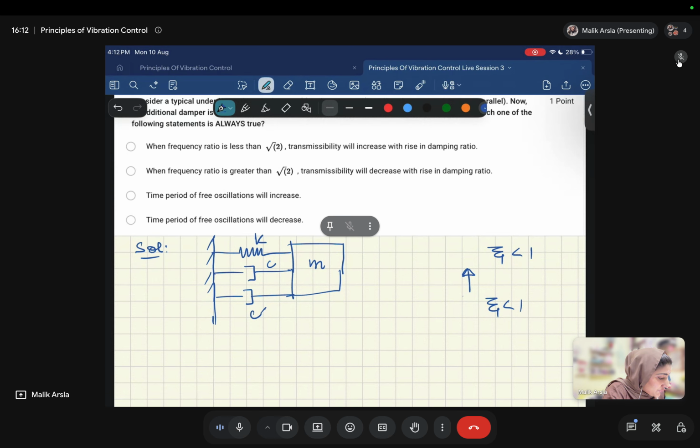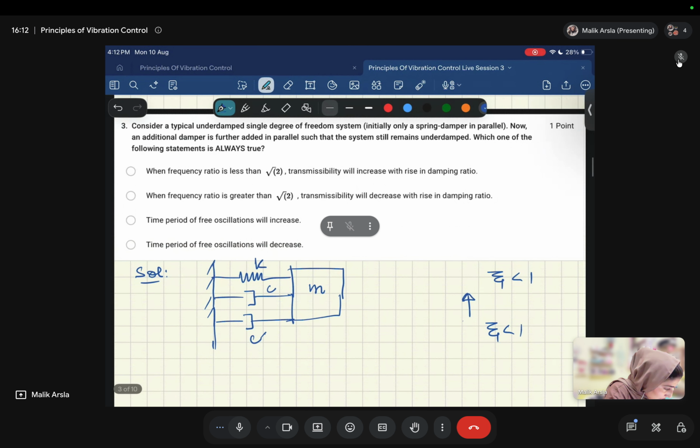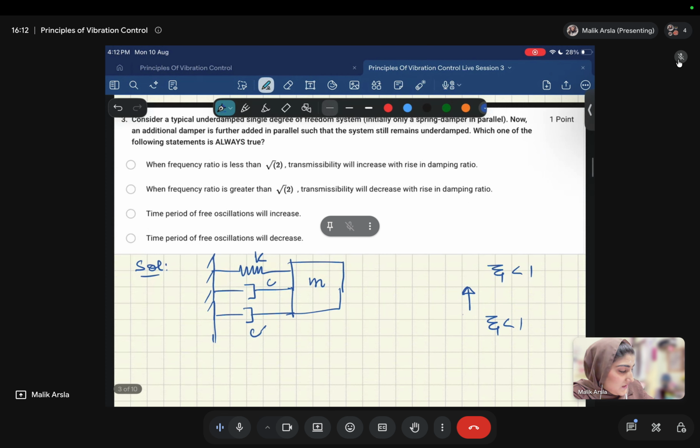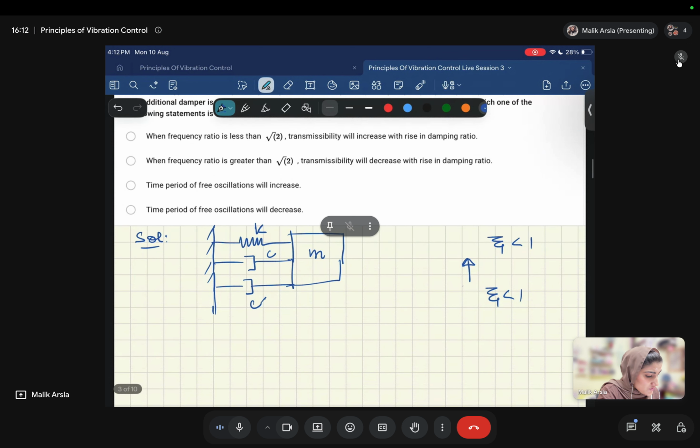And the time period of free oscillations will decrease. Okay, so basically the question is typically asking us about the transmissibility and the time period of the system. So let's focus on each individually. So we know that for transmissibility,